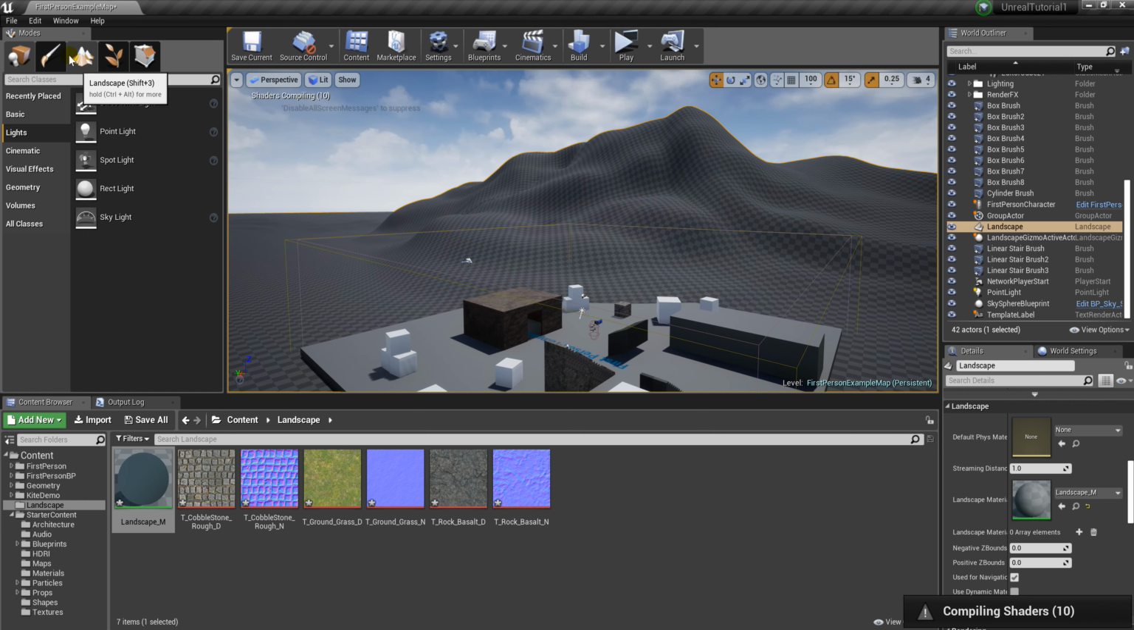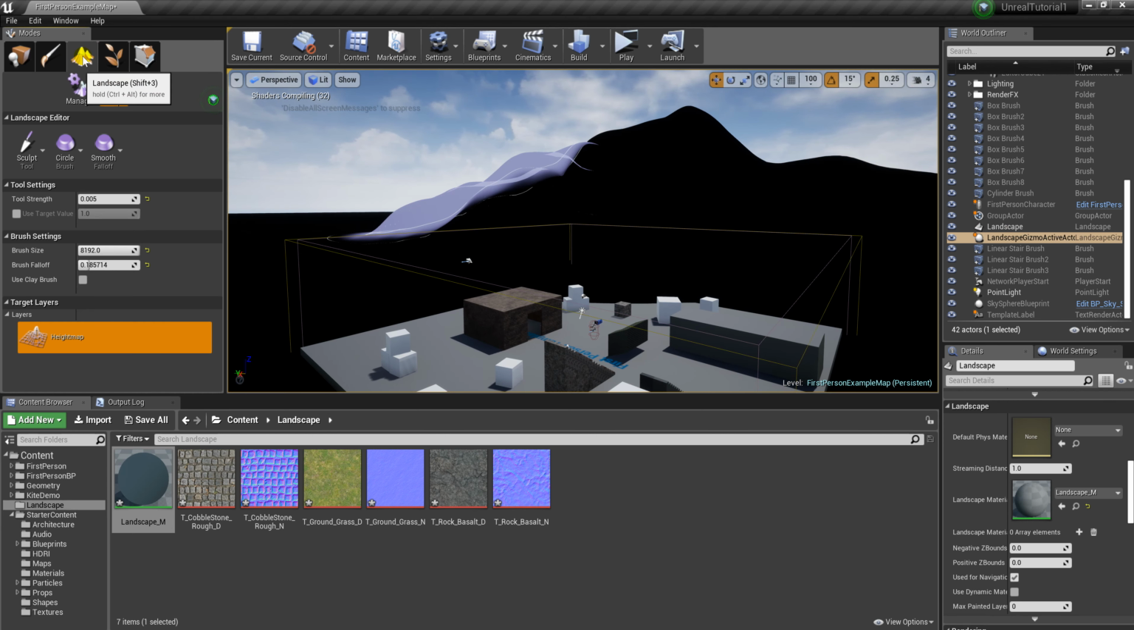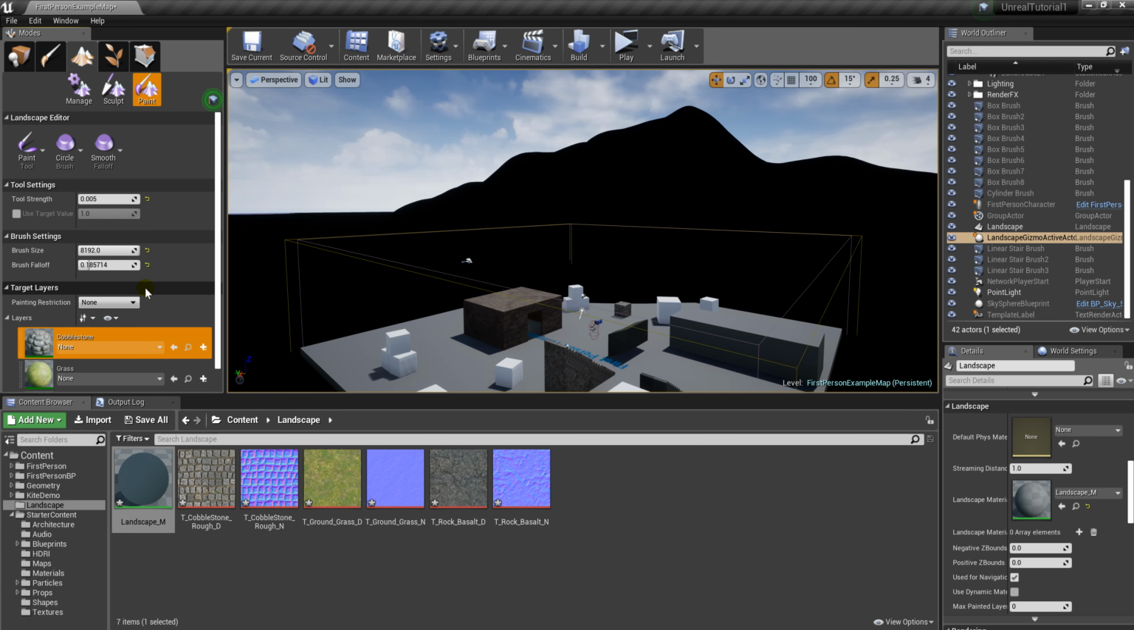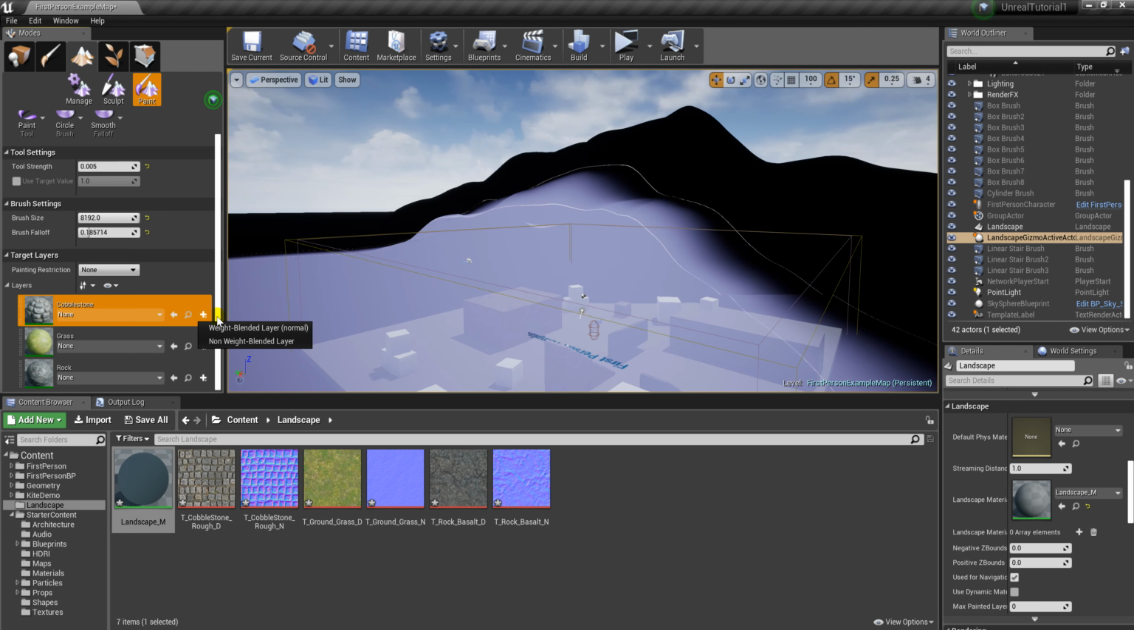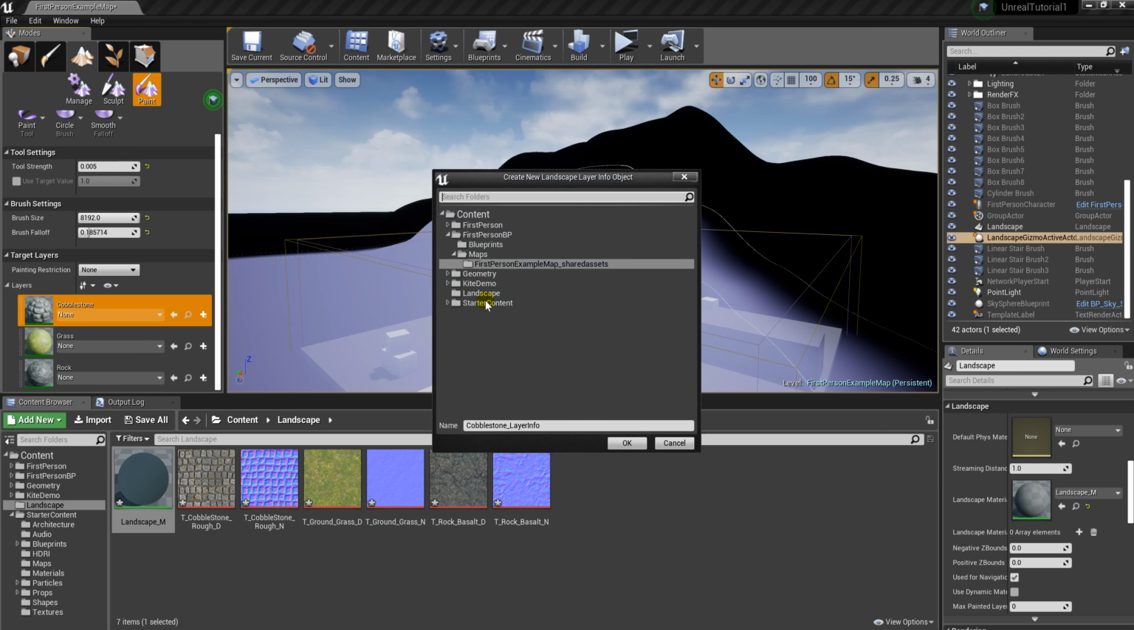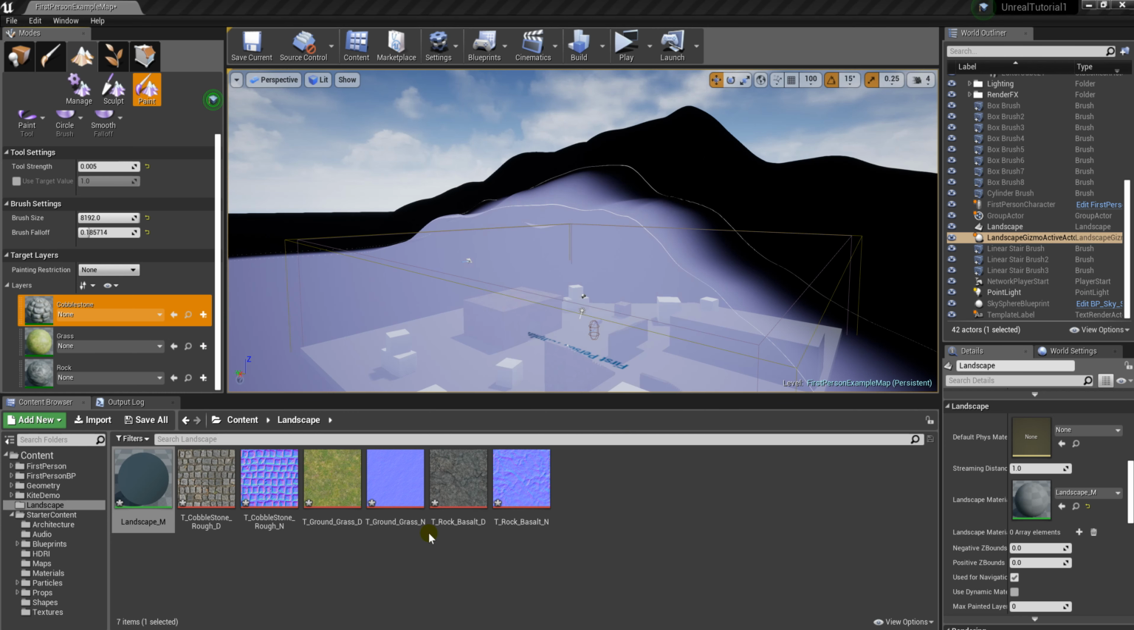If you go back to the landscape tab up here in the modes section, instead of sculpting, we're going to go to paint. And you can see it's applied the 3 different layers we have here. We just need to give it a layer info file, so it can tell which texture goes where and remember that in the computer. So you just press the plus sign here, and then choose weight blended layer normal, the top one. I would put it back in the same folder you made, the landscape folder,